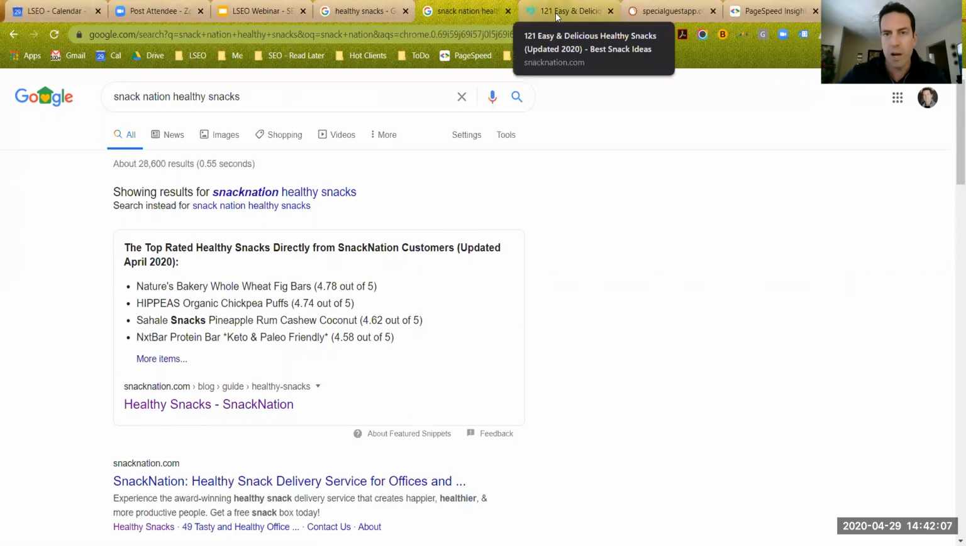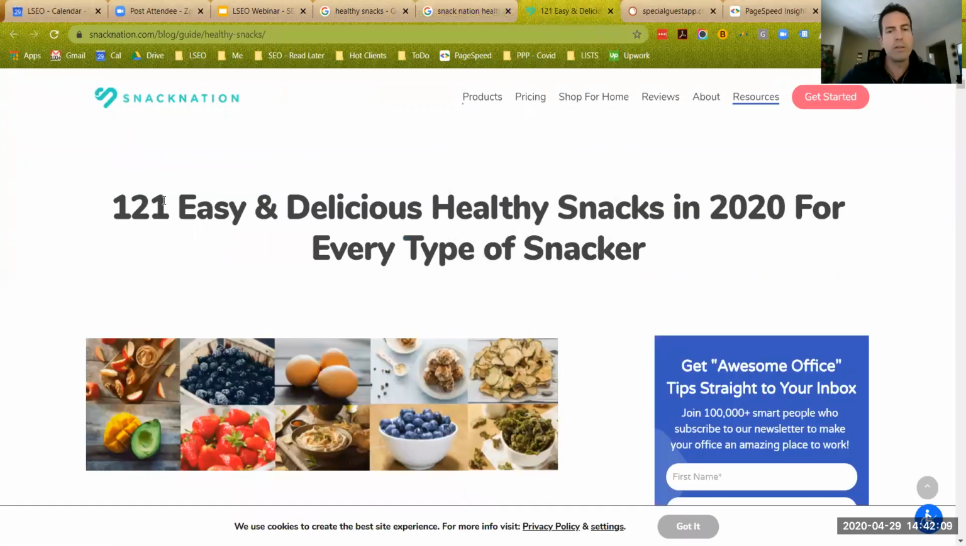So let's go look at this blog post quickly. Look at this amazing headline, right? Delicious and healthy snacks. By the way, they didn't just give us 5. Remember what I told you about long form content and really going down the rabbit hole? 121 options here for healthy snacks. And guess what? 2020 right at the top. So updated. I didn't even know they were doing it this well when I went back to visit this page. And then when you scroll down,